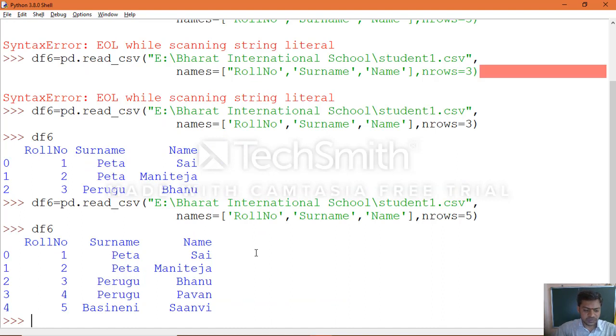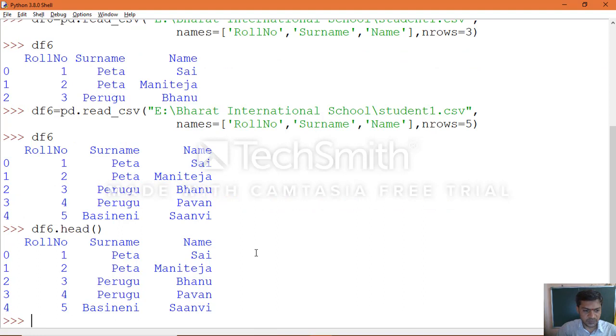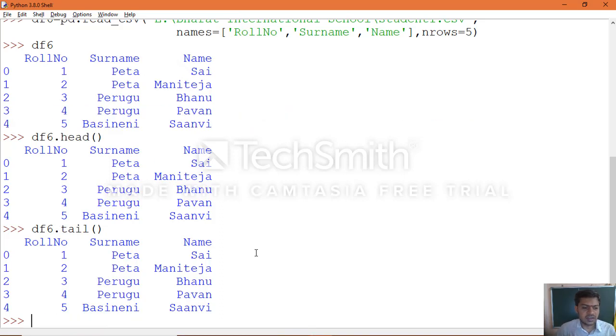If you want to extract the first few rows, apply the object name dot head function directly, which will extract the default values. In the same way, the object name dot tail function will extract by default the first 5 rows for the head function and the last 5 rows for the tail function.